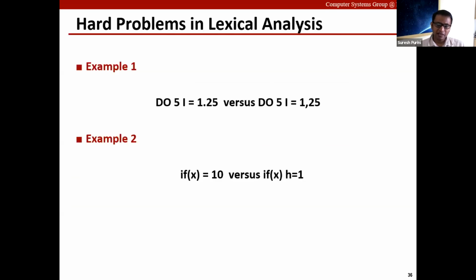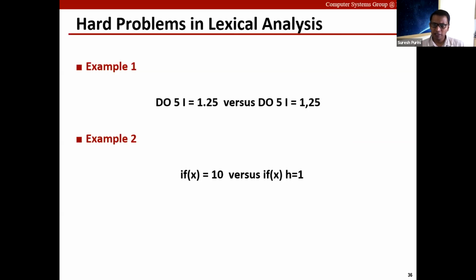So I think I will stop here. This concludes our discussion on lexical analysis. You have seen how to design a lexical analyzer. You have seen how you can design a lexical analyzer generator. And then finally, you have seen